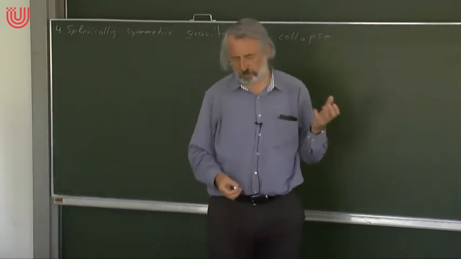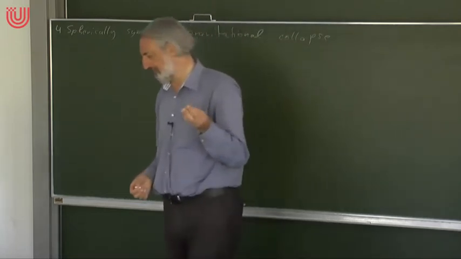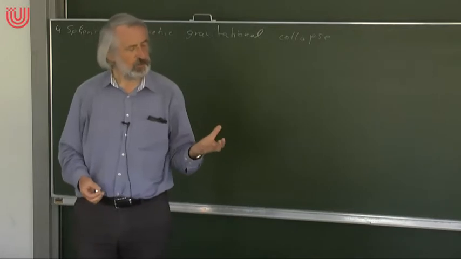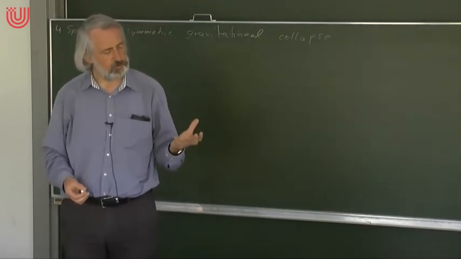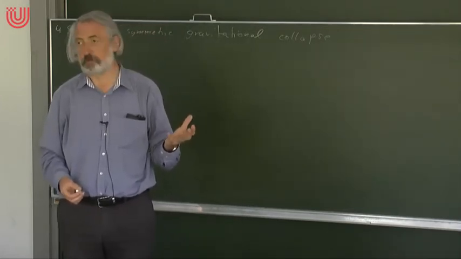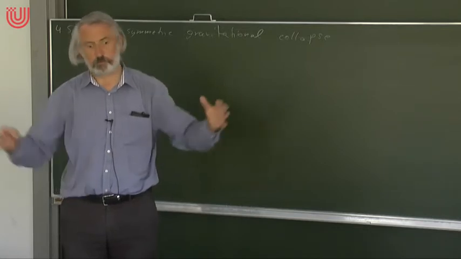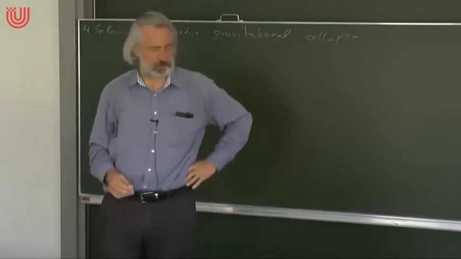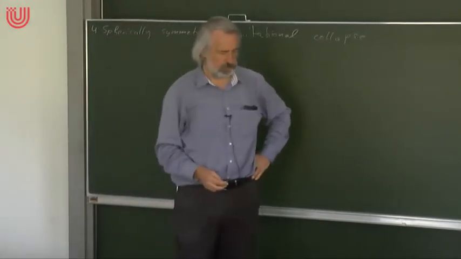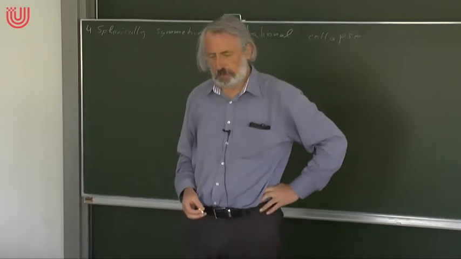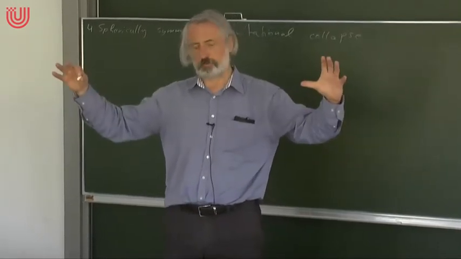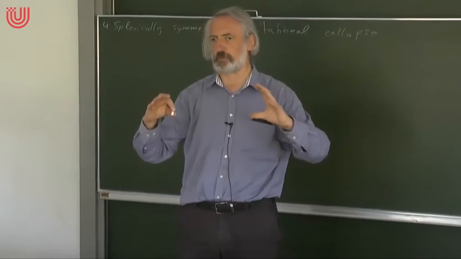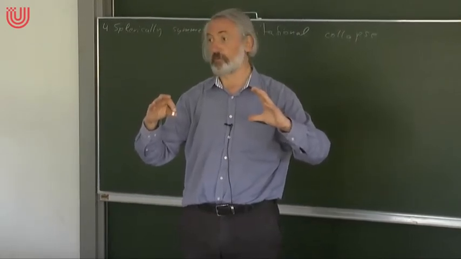But then, when the nuclear fuel in the core of the star has burned out, this balance is perturbed. And what happens is that the star becomes irregular. It will erupt. It will blow away a certain amount of its mass. And the question is, after this period, can it settle down into a stable state at a radius which is bigger than the Schwarzschild radius?